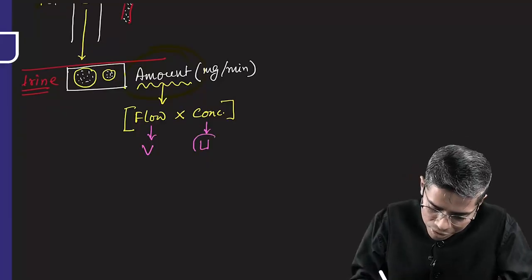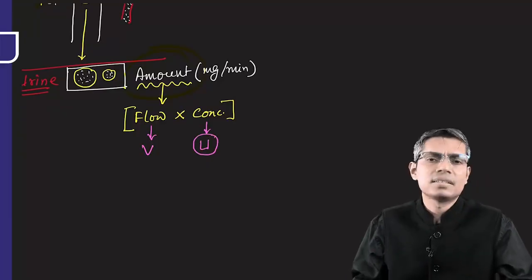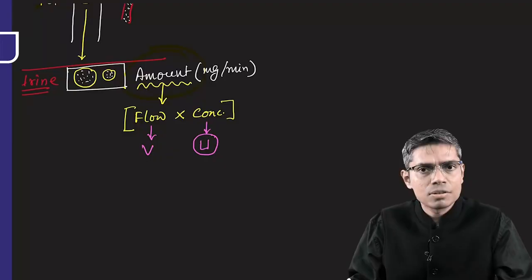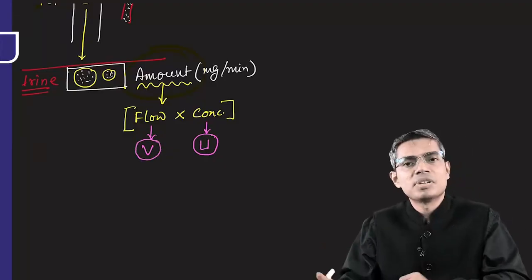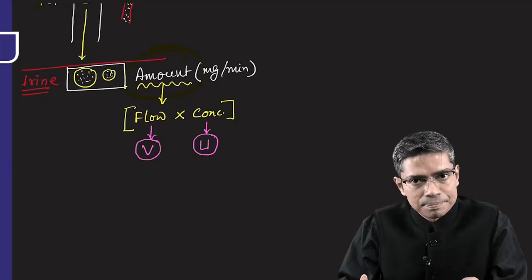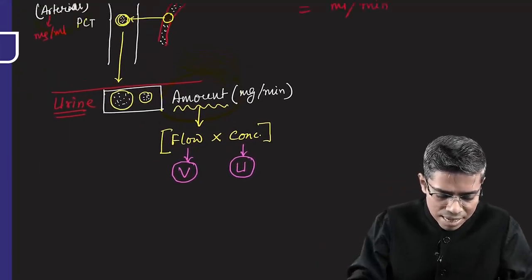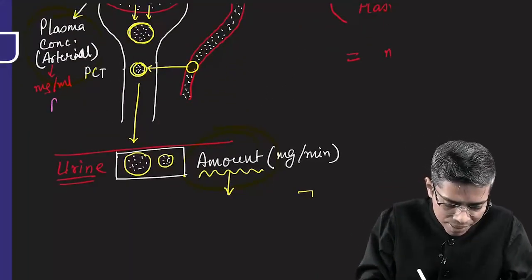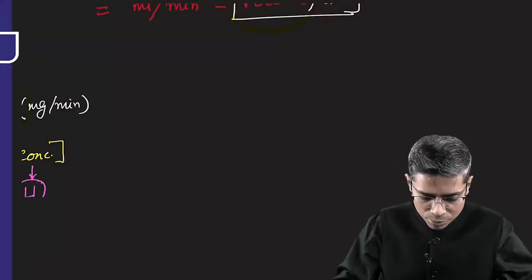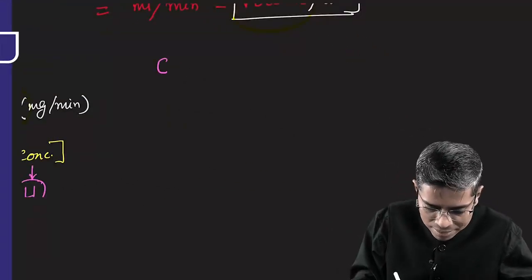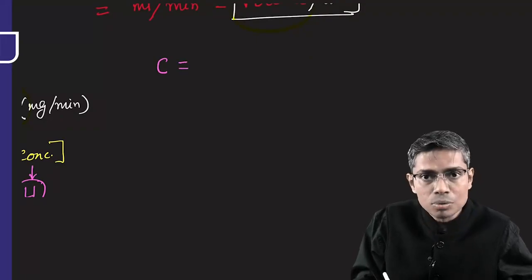So urinary concentration of creatinine, or any other substance, you can measure any other substances also, that is denoted by U, and urine volume or flow, volume per unit time, that is the flow, that is denoted by V, and plasma concentration that you have measured from this arterial plasma, that is denoted by P. That's why we say that if you look at the formula of clearance, that is C, it is equal to